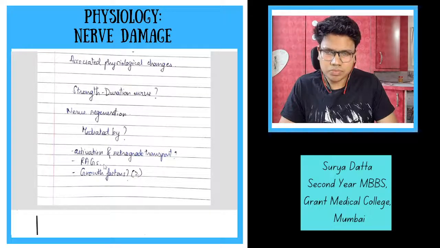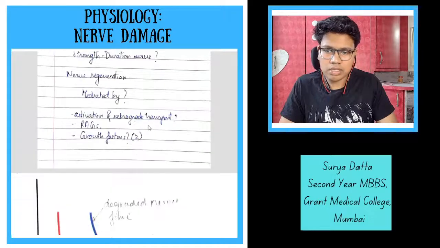The RAGs are regeneration associated genes that get activated when there is nerve fiber damage, and Schwann cells form ovoids, the various changes that we saw in Wallerian degeneration. And the growth factors are basically the transforming growth factor beta. That's the main one. And then there is nerve growth factor that's going to help the nerve grow into the various,